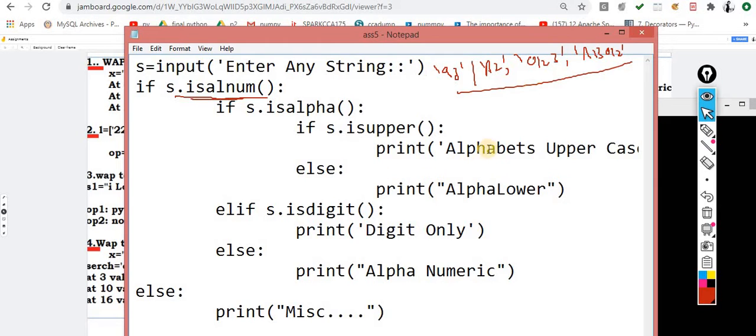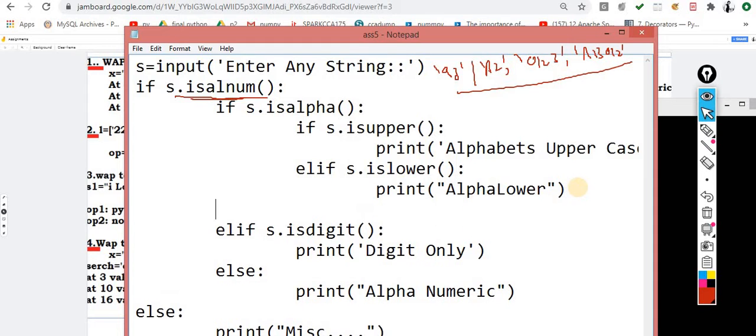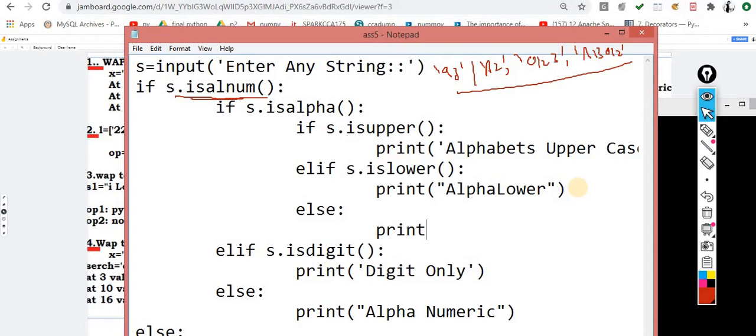Let me implement the same thing as well. Let's suppose here I am checking elif s.islower(), which means alpha lower, else you can manage this condition as mixed alphabet, mixed case.